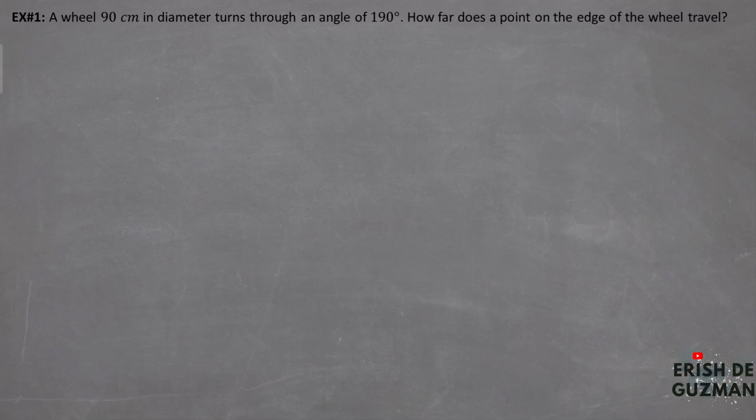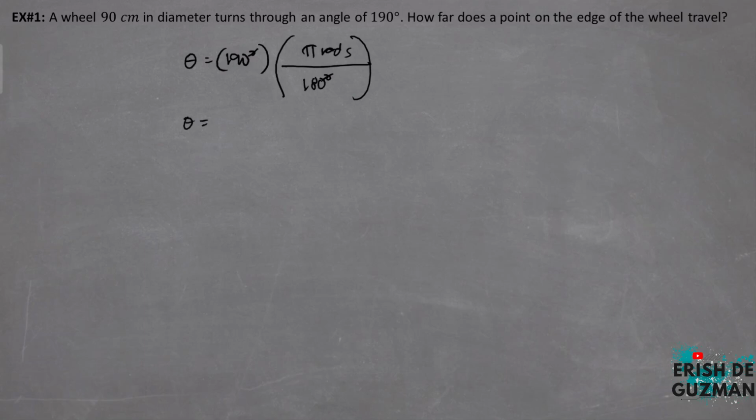Example number 1. A wheel 90 centimeters in diameter turns through an angle of 190 degrees. How far does a point on the edge of the wheel travel? So the first step is to find the equivalent of 190 degrees in radians. Theta equals 190 degrees. And gagamitin natin yung factor kanina. Pi radians is equal to 180 degrees. So we can cancel out the degrees. And ang theta natin is equal to